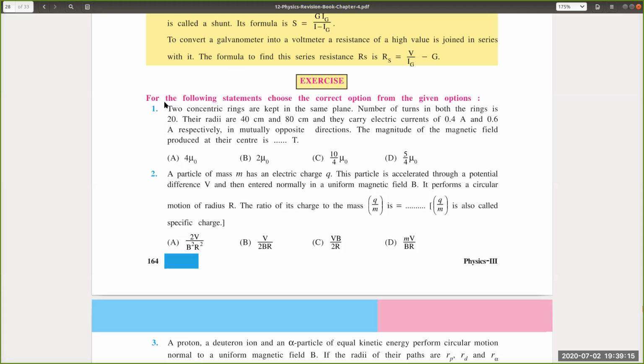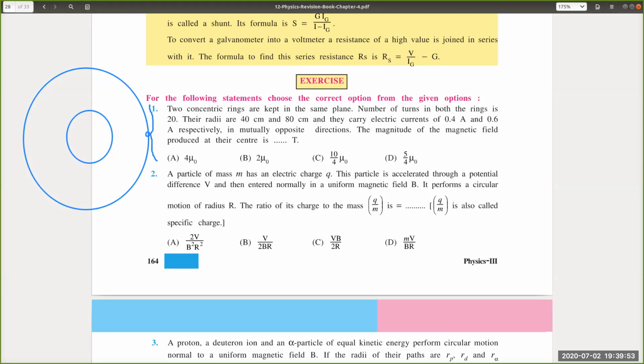Hello, everyone. Do this question. Question number 1. I think I already did this as a part of the homework, right? I feel like we've done this question before. I think it was 10 by 4. That's what I got. Yeah, I got 5 by 2, which is 10 by 4.